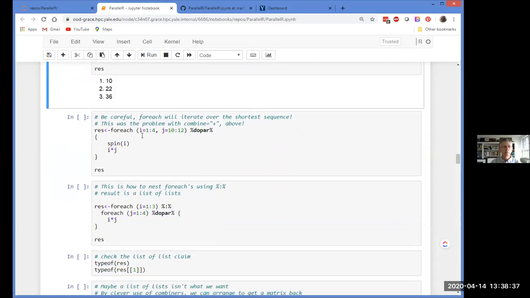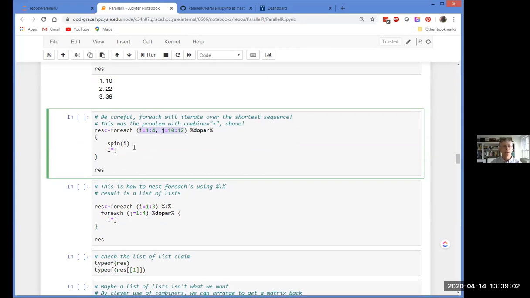Now, as I briefly mentioned with that combine bug that I ran into myself, you want to be careful that your iterations have the same length. Your different variables have the same number of elements in them. Because if they don't, you're going to only iterate over the shortest sequence.